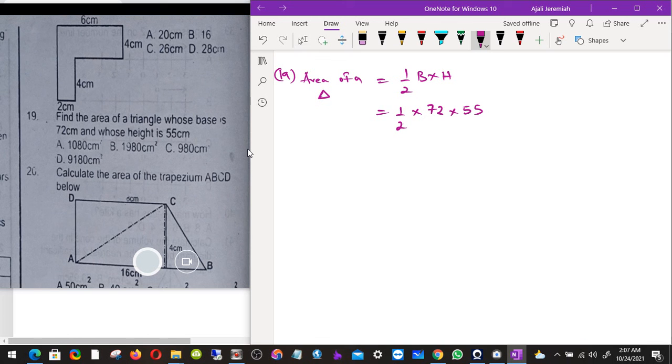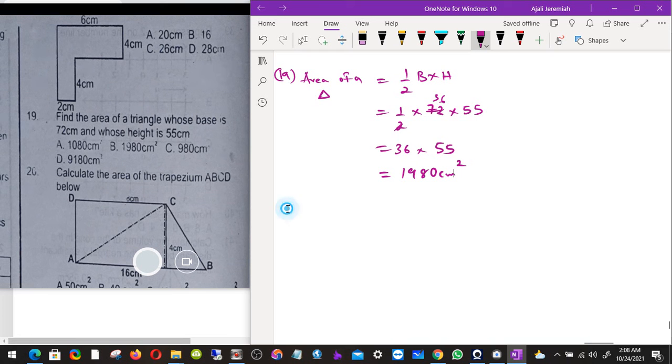Okay, the 2 cancels this, it gives 36. So that's 36 times 55, and that is, multiplying that, you're going to get 1980 centimeters square for area. Okay,